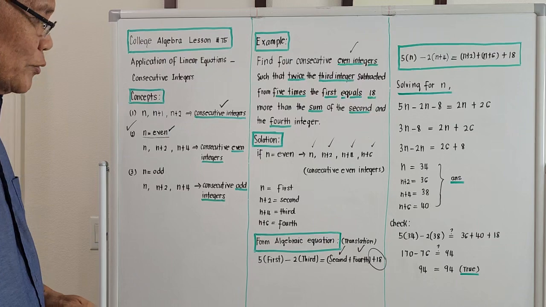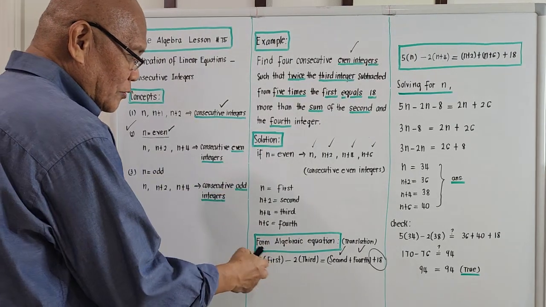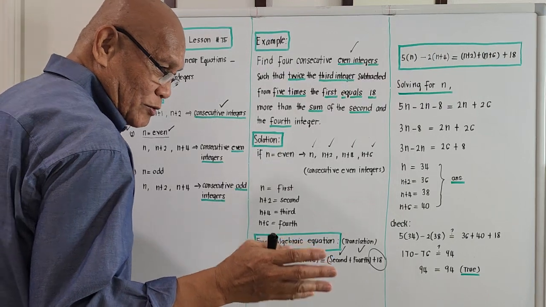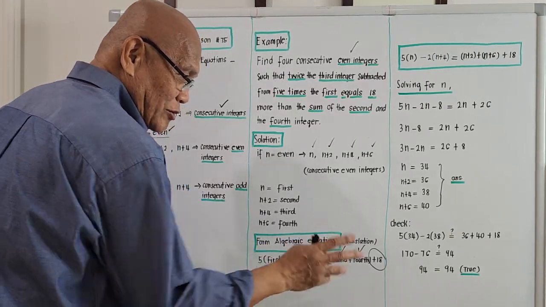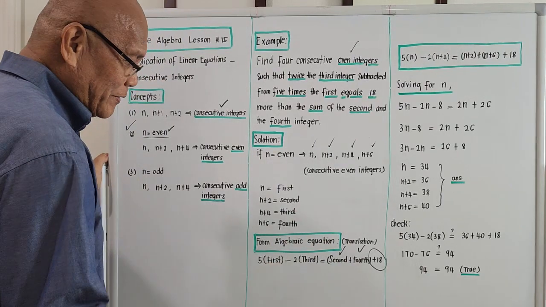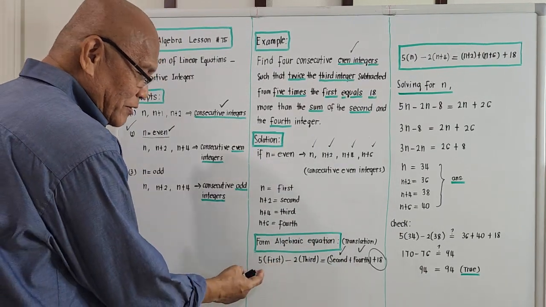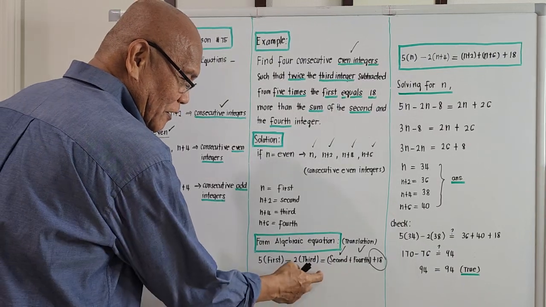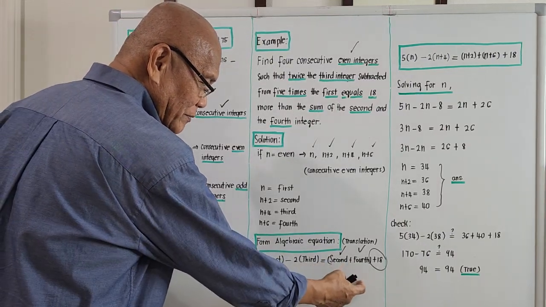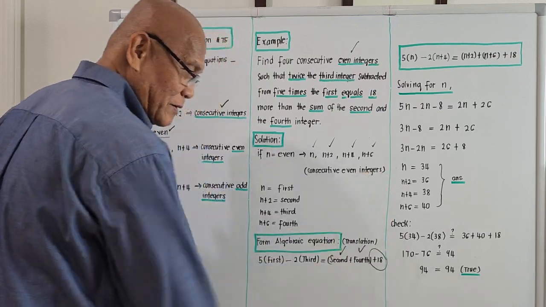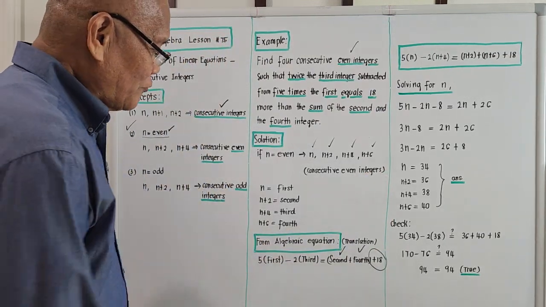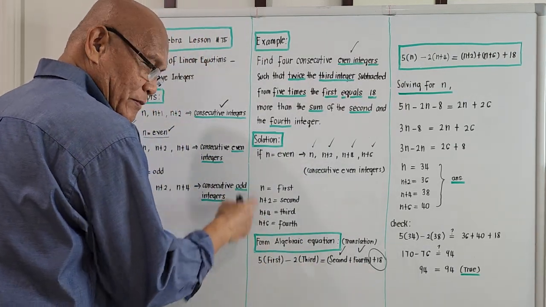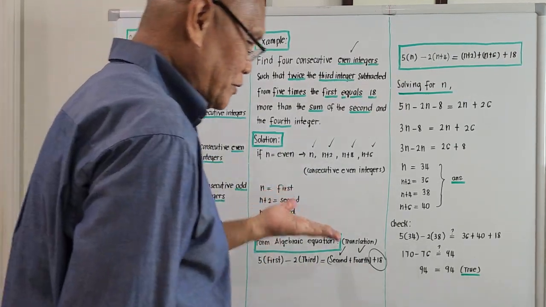Okay? So we translate this representation into an algebraic equation. We should be correct, because if it is wrong, our solution will be wrong. Okay, I will repeat it: 5 times the first minus twice the third equal to the sum of the second and the fourth, and this is 18 more. So if we are correct on this, and we are correct in the representation, substituting it,